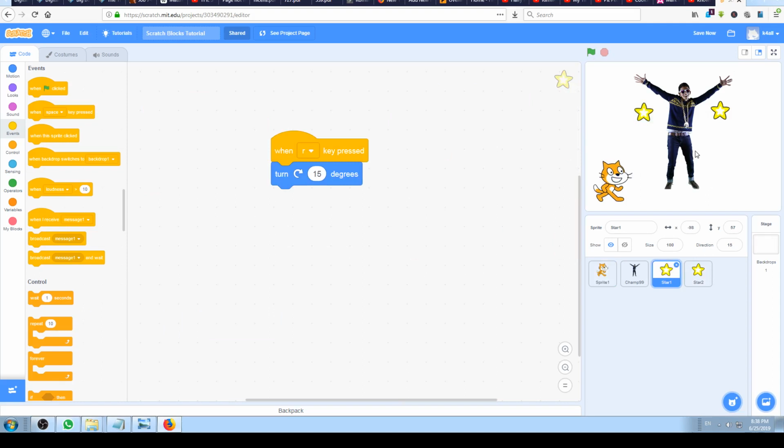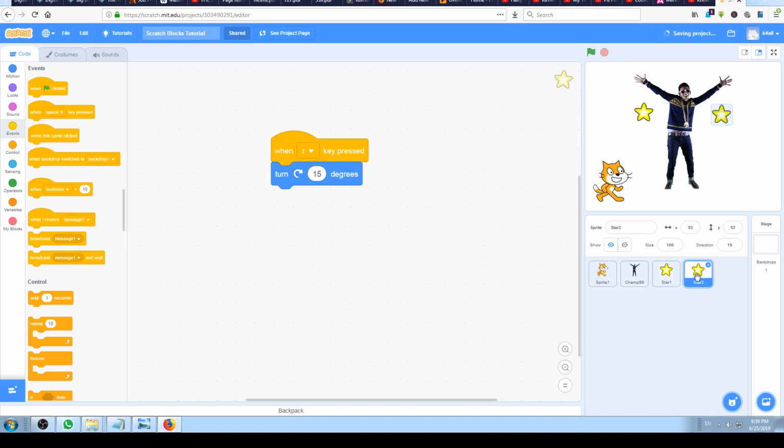I want to make it look like he's some rapper, some music star, and he's dancing, doing his act on the stage, and those stars will be rotating around him like some special effects, like some kind of animation. How to do it? We have already animated star 1 with pressing the R key,